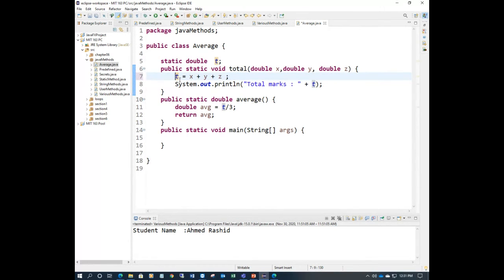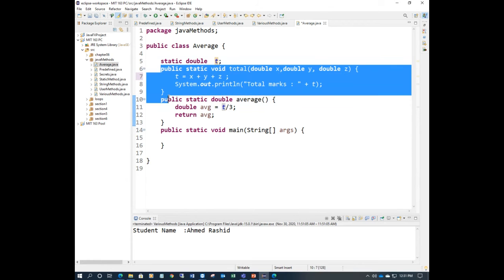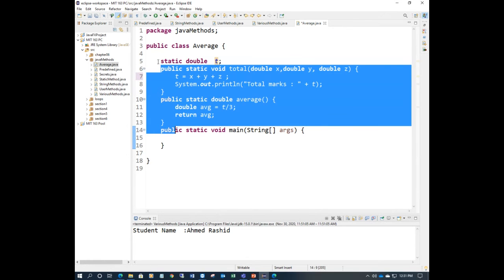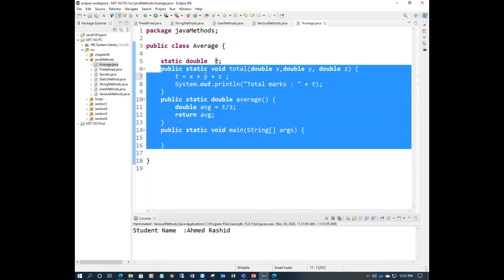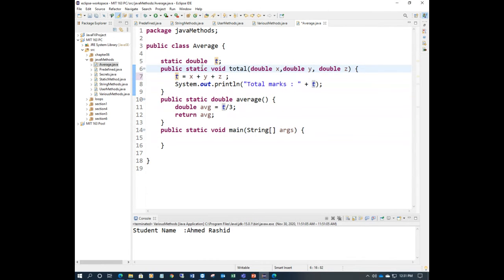So I'm using this t value as the total here, right? Otherwise it throws an error. If you don't write this one outside the block, because I'm using it in another method, it is a class variable, meaning the value of t can be used by all the methods outside. It means it's like a global variable. So it can be accessed by all the methods, right? So I'm taking it, so return the value.